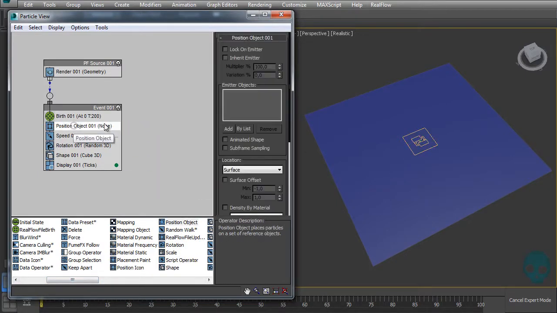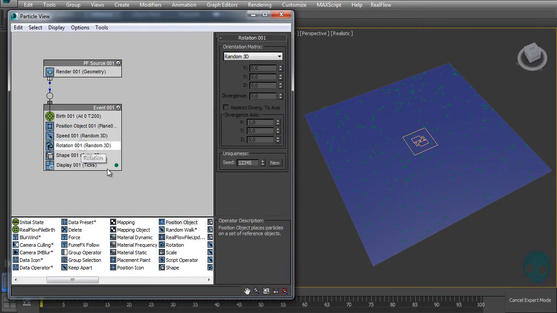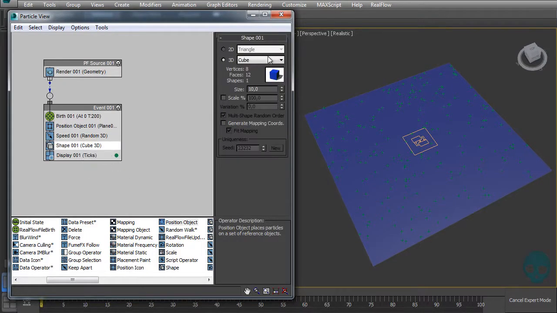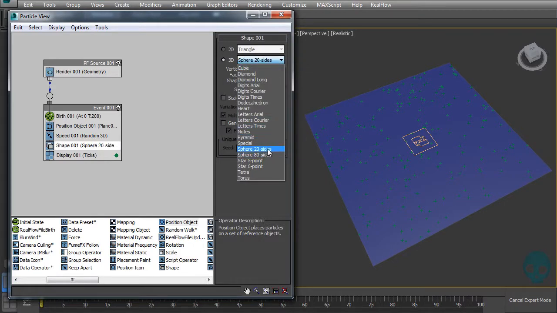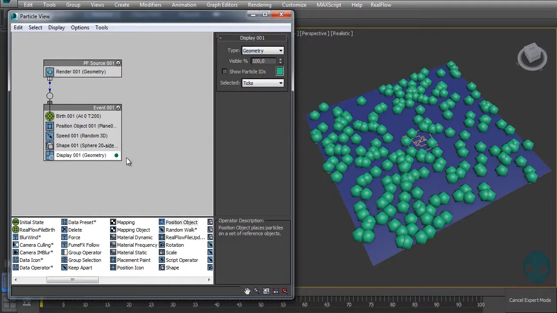So let's replace it, and let's add the plane here in the position object. Now I want to change this speed to a slower speed, like 50, and let's change it to random 3D. I don't want any rotation, and the shape, I want it to be a sphere 20 sides. So now let's show the geometry,